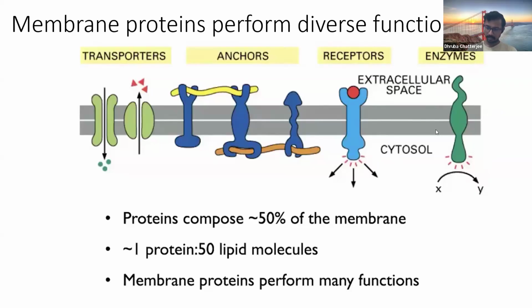For example, kinases, which phosphorylate proteins. Many of these kinases, which are partner molecules or interacting proteins of many of these receptors, play an important role in signal transduction as well as various other processes. Many of these enzymes will also be those proteins which regulate the lipid composition of the plasma membrane, which is very essential for several functions, like maintaining membrane fluidity,